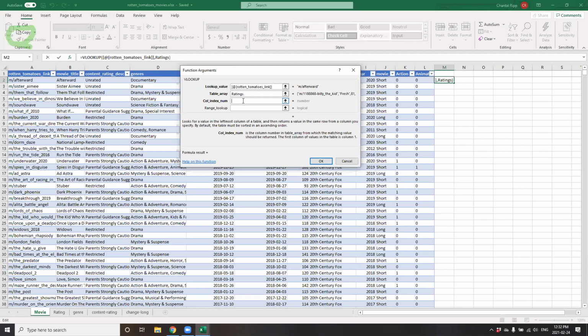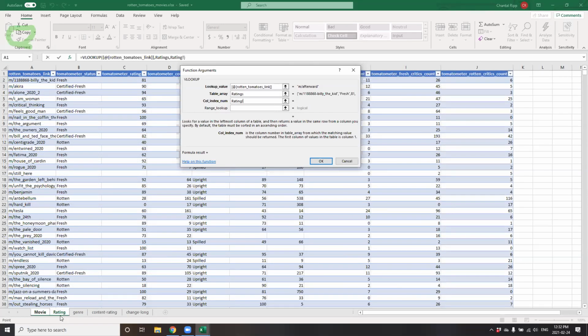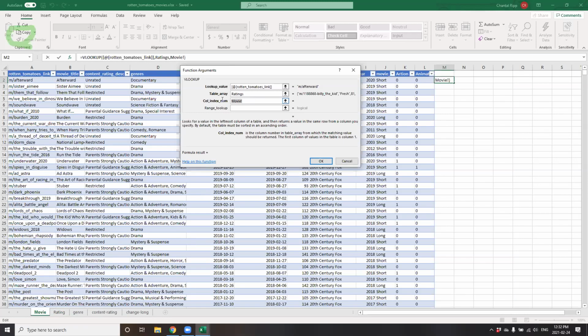The column index, from what we said about VLOOKUP, is the column number in the range containing the values you want to return. So if I quickly click over here, I can see the, I'm going to say this wrong again, tomato meter status is in column 2. So I'm going to write 2 here. It's the column value I want to return.